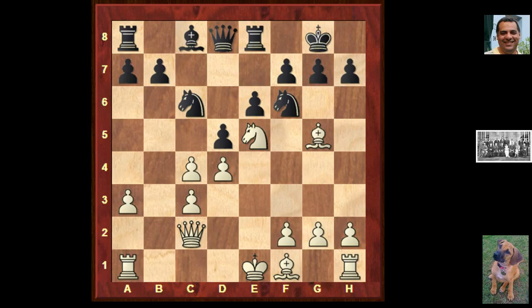Okay, so d takes c4. Logical but not quite sufficient. Knight takes c6. The crisis of the game. So Alexander gives here a different move, a different approach here: to play the move f4. If white plays f4,